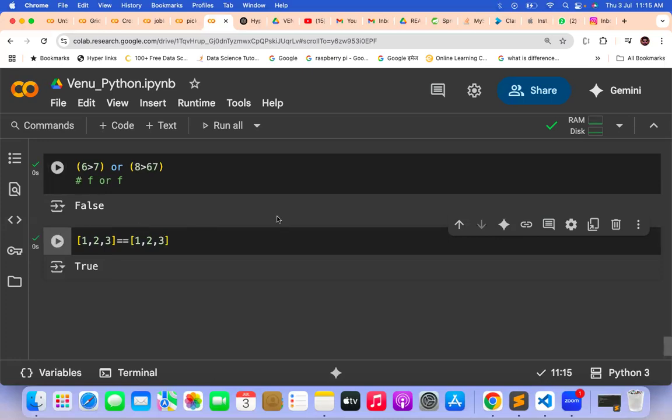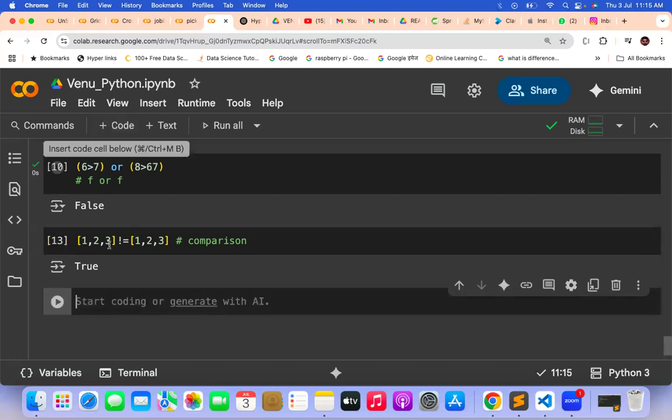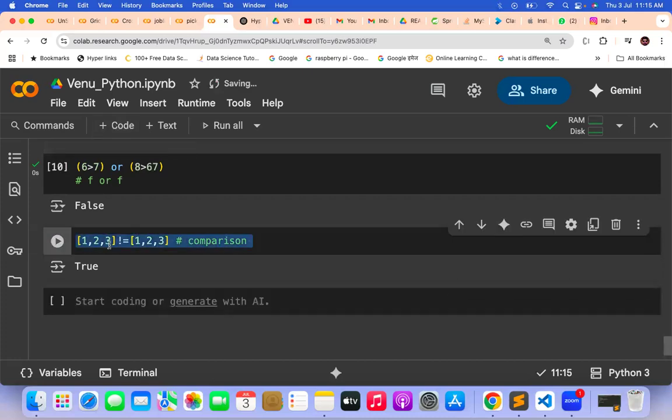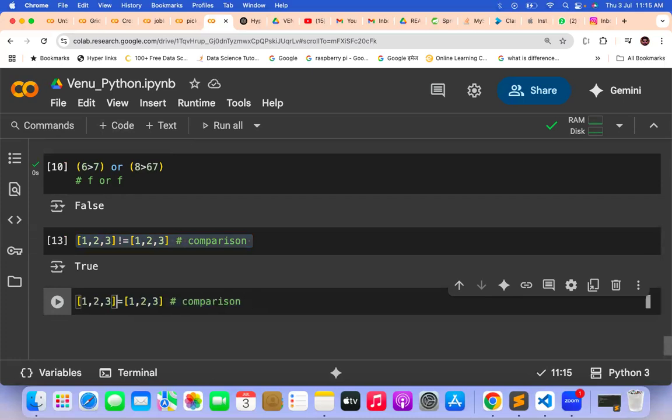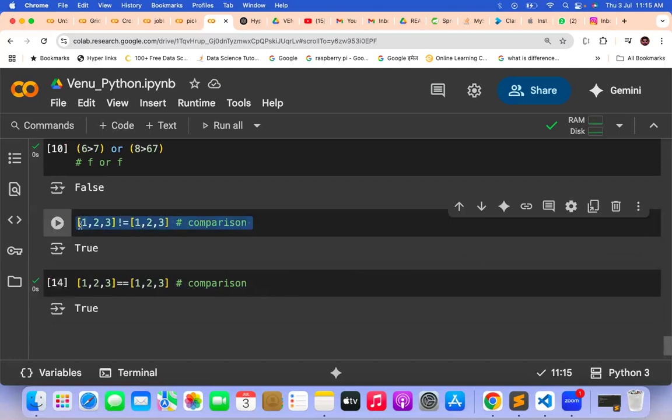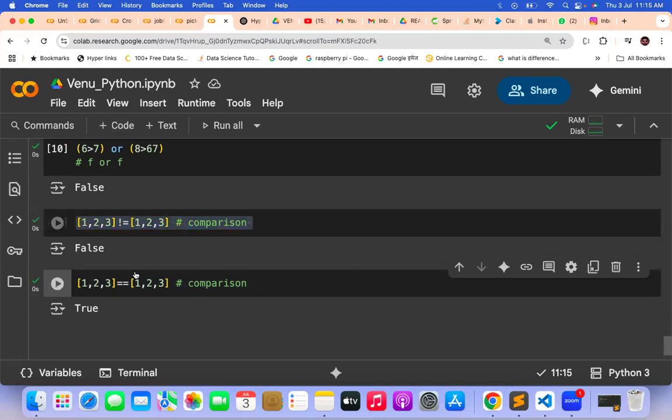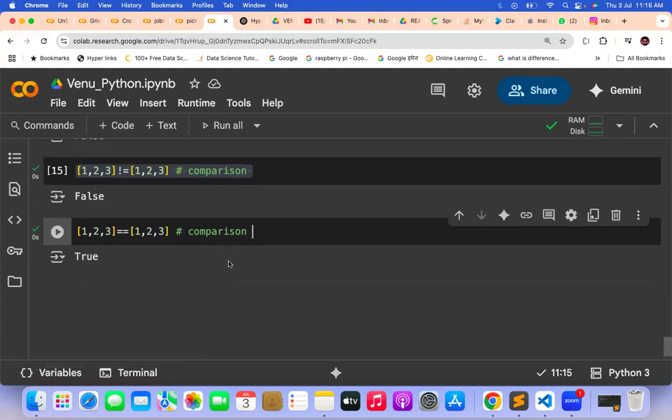So what is equal to? Double equal to is basically a comparison. This is also a comparison. This is a comparison operator, and one more comparison operator is double equal to. So here it is not equal to. When I say not equal to, it is false. When I say equal to, it is true. So something like this you can check. Then